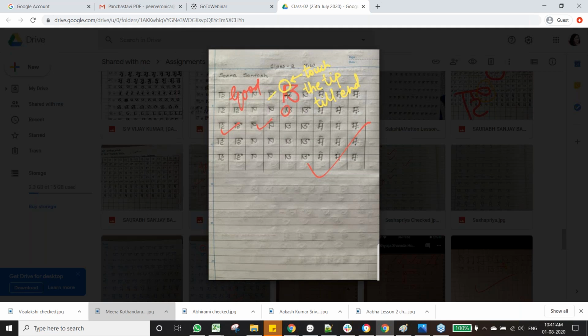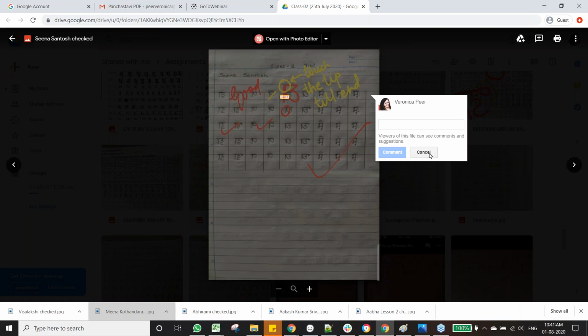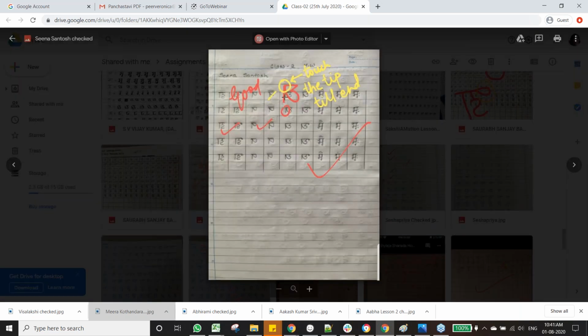It cannot stop in the middle here. Here you have touched it to the vertical stroke and not to the shirorekha. That's the only mistake in this assignment. Touch the tip till the end of the shirorekha and then bring it down. The rest of the letters are done very nicely, very beautifully.